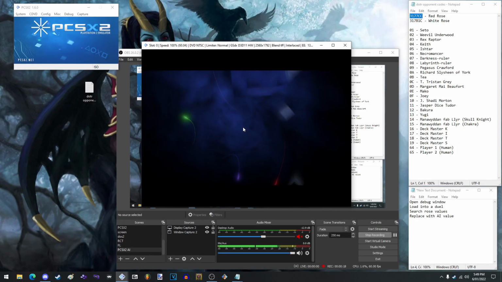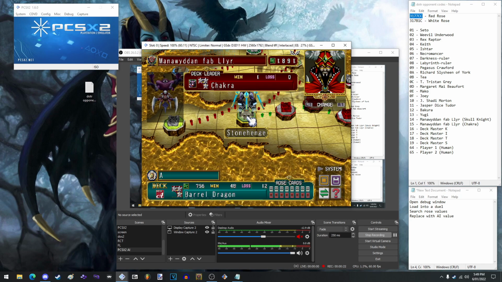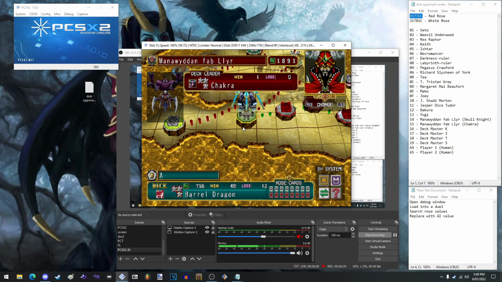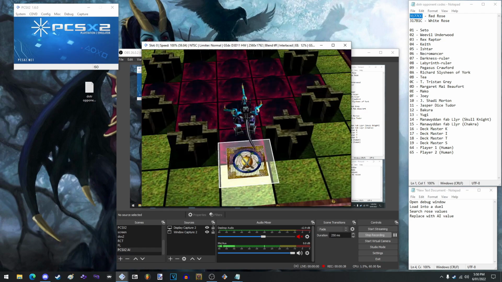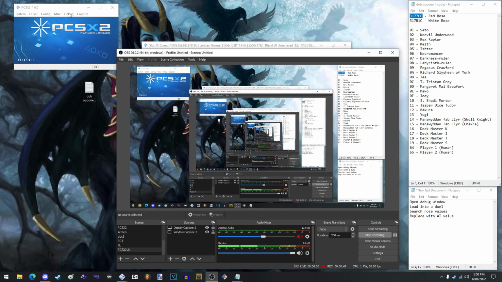As normal, I'm just going to load into a quick save anywhere on the map, and first thing we do is load into a duel. You can load into a duel with any deck obviously, but what we do now that we've loaded into any duel is go up to debug,